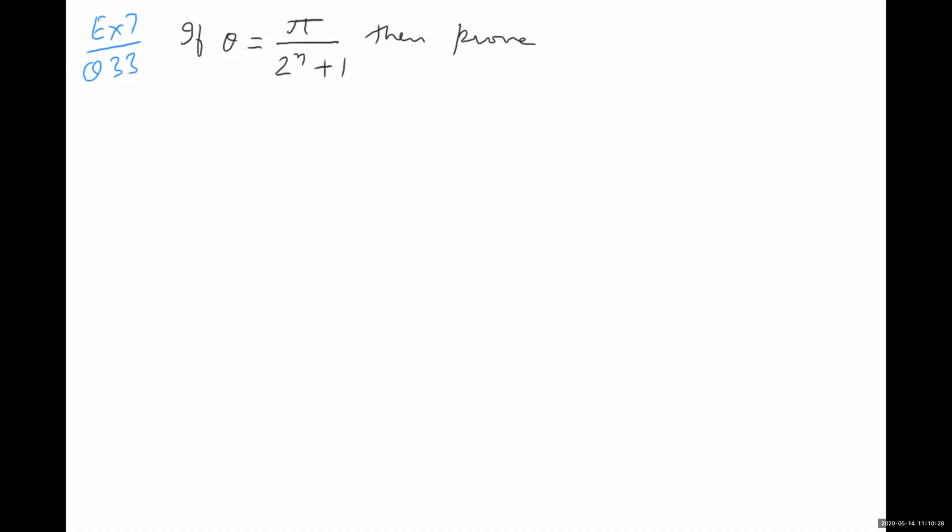Then prove that 2 raised to power n, cos theta, cos 2 theta, cos 2 square theta up to cos 2 raised to power n minus 1 theta, is equal to 1. So see, left hand side, if you observe, this is the formula we have derived,